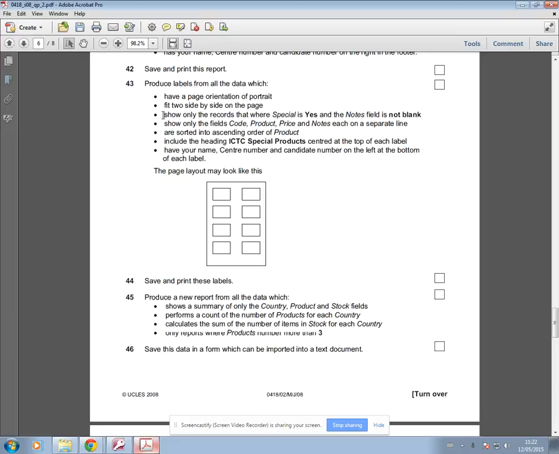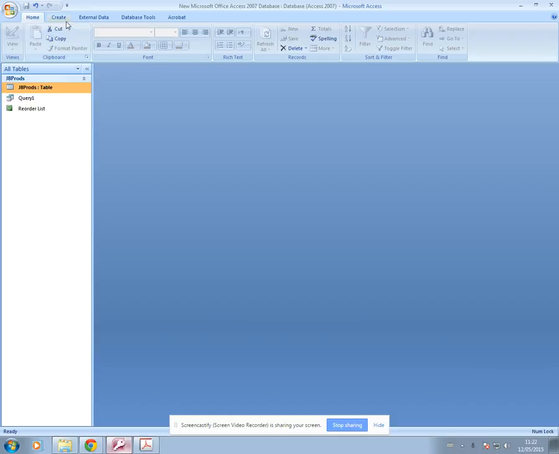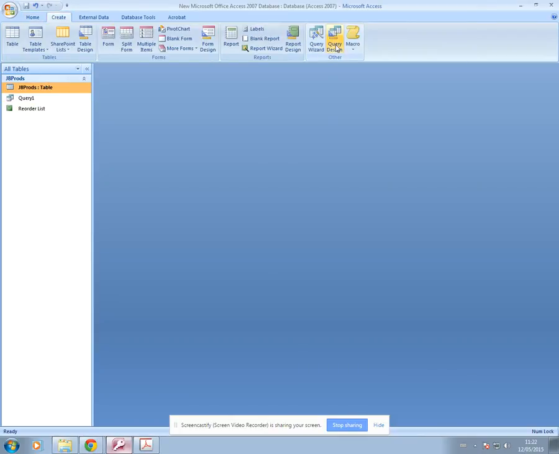I know that just by looking down my bullet points. If you look at the third one here, it says shows only the records where special is yes and the notes field is not blank. That there tells me that my labels are based on a query. So I'm going to go ahead and create the query first here. So again, I go into create, query design,